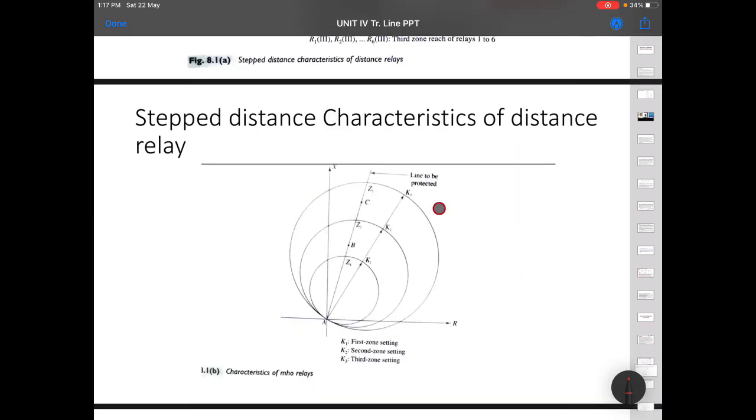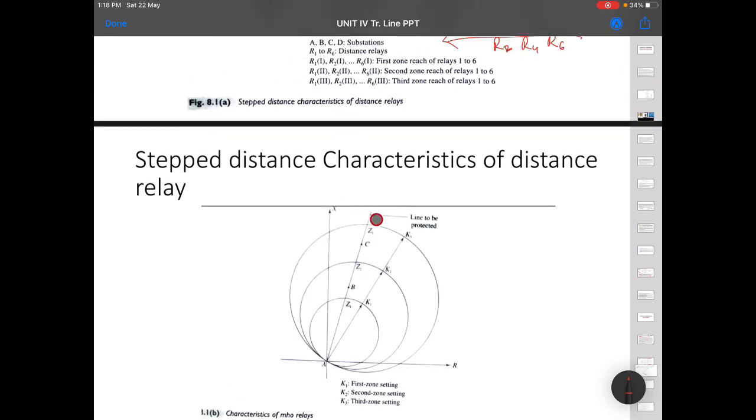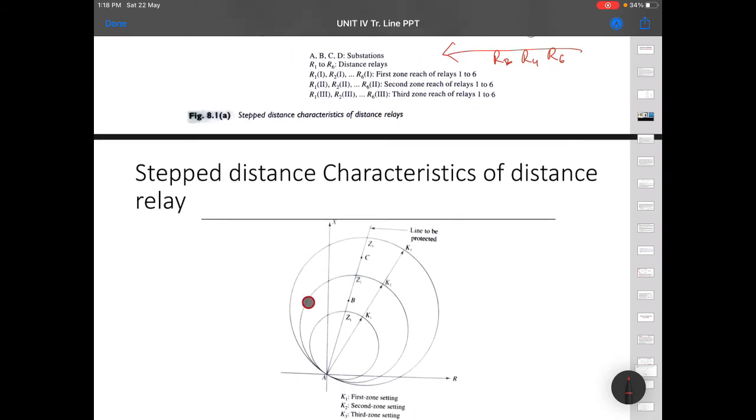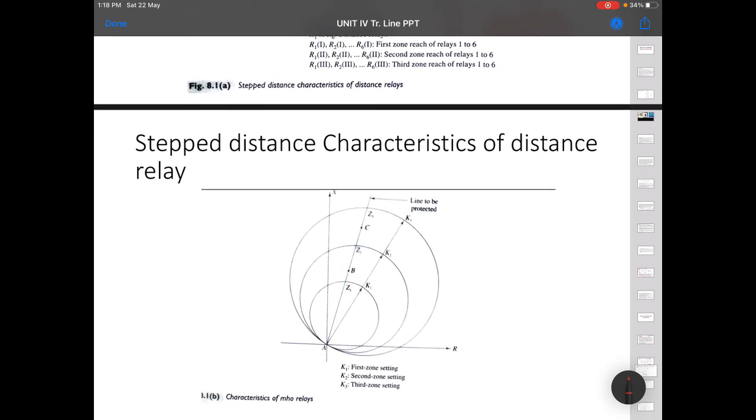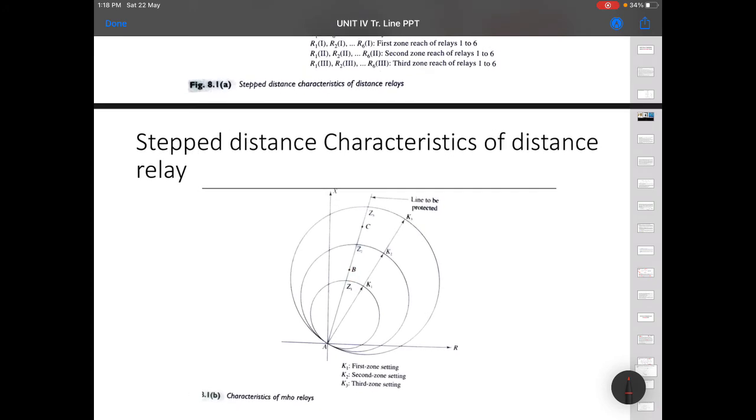Now this is the mho relay characteristic. We have already seen this. This characteristic is for a particular direction. When implementing a distance relay, we are not interested in the mho relay. For an impedance relay the characteristic will be something like this. This is the zone of operation: here it operates and here it does not operate. We have already seen it.